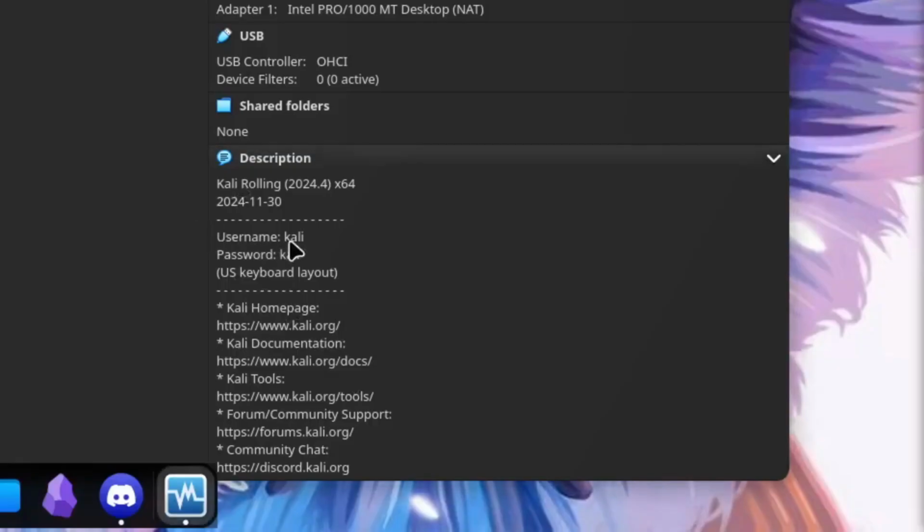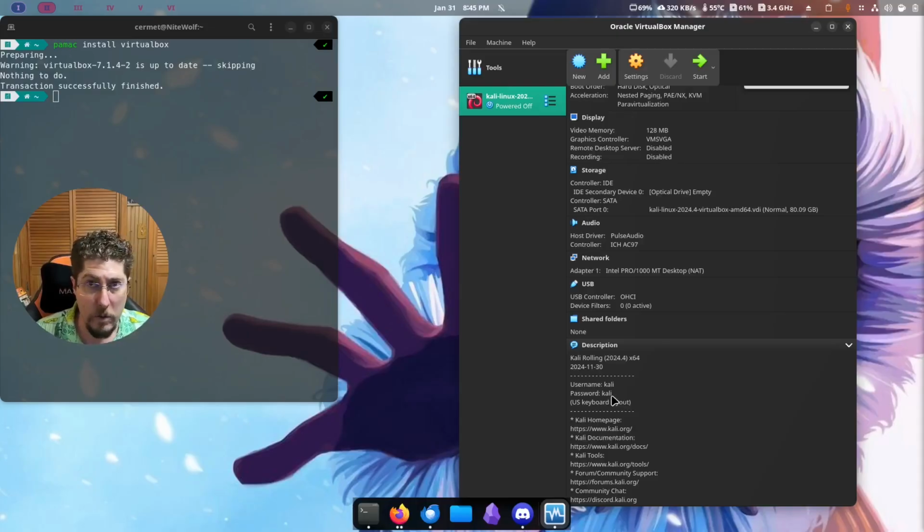Now right here, you'll see that the default username and password is Kali, so both the same, Kali. As soon as we boot in, we're going to change that password. That's important, definitely a best practice. It's like leaving your router as admin, not a good idea. So anyway,